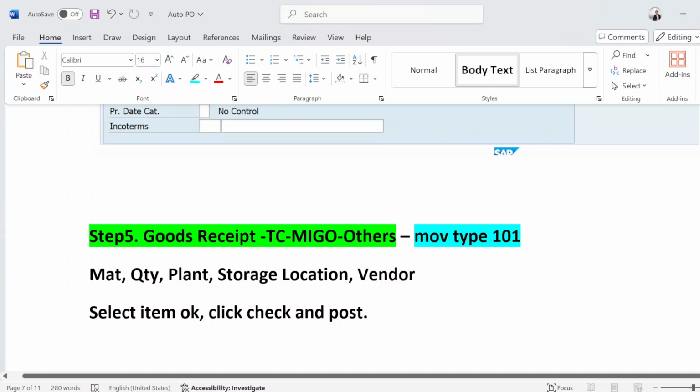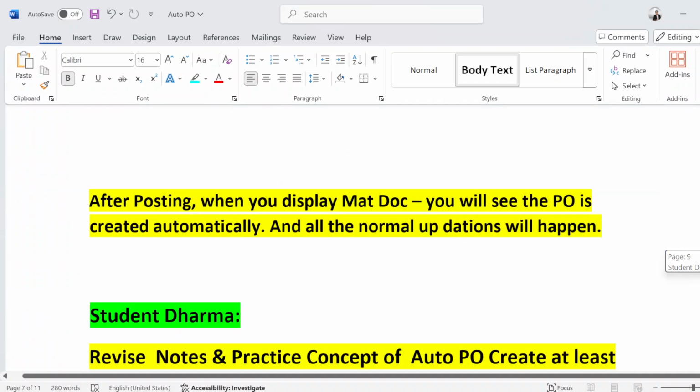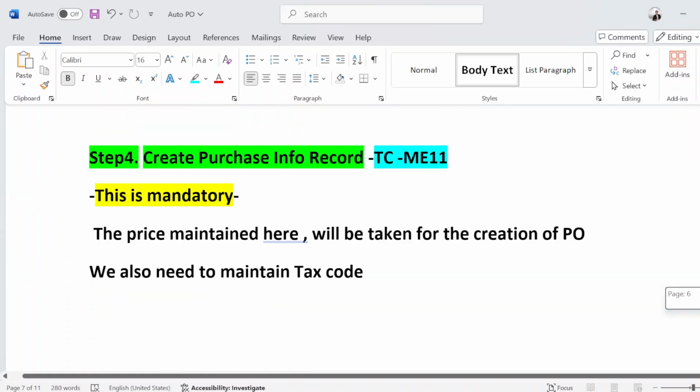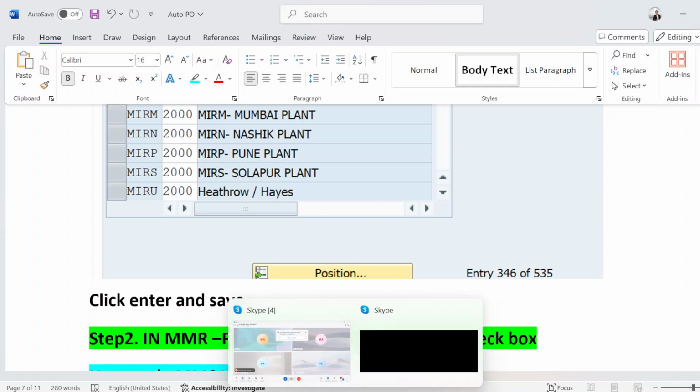Just take movement type 101, give all these details and post it. That's it. Once it's posted, it's done. After posting, when you display the material document, you will see the PO is created automatically. That's the last step. So I will make a video on this and share it on the Skype group and on YouTube also. And let me share these notes.